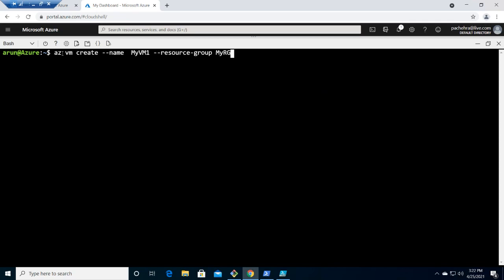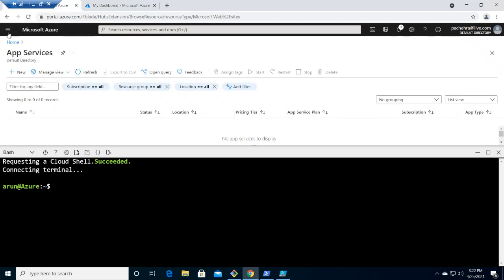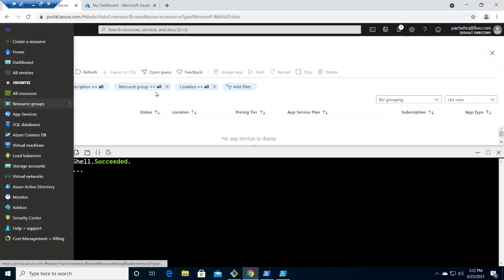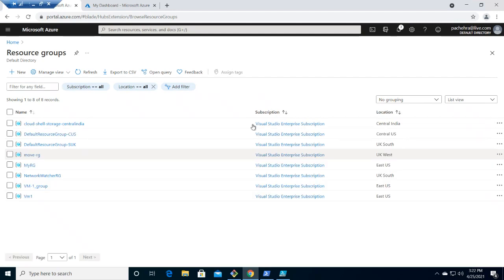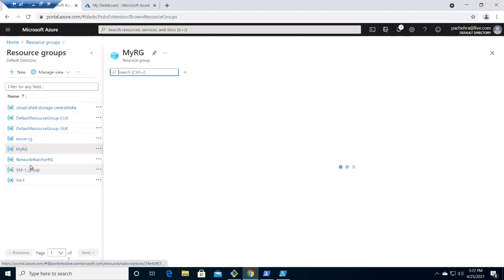Now, before you hit enter after completing this command, make sure you have your resource group with you. What do you mean by that? The resource group must already be created. If it's not already created, it will not pick it up. Now let me quickly show you if I have that resource group. If I do not have that resource group, I need to create that first, but I have this resource group, so I need not.